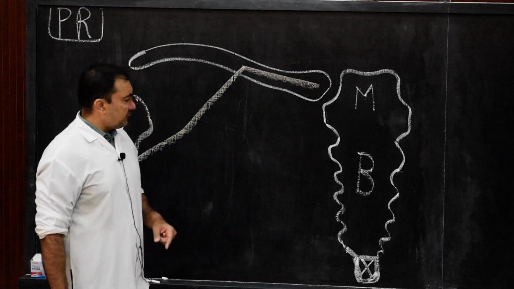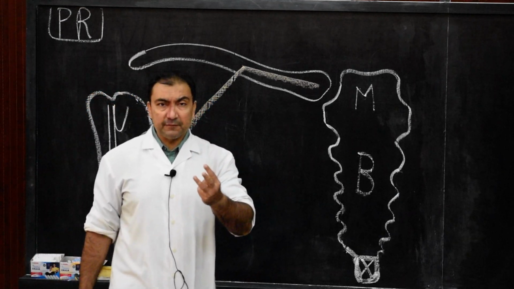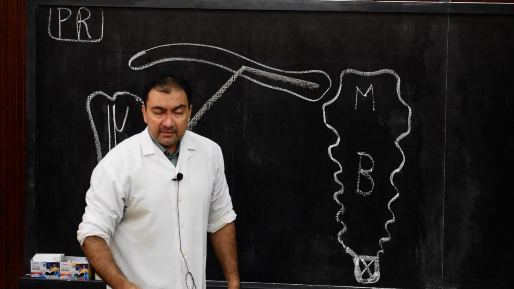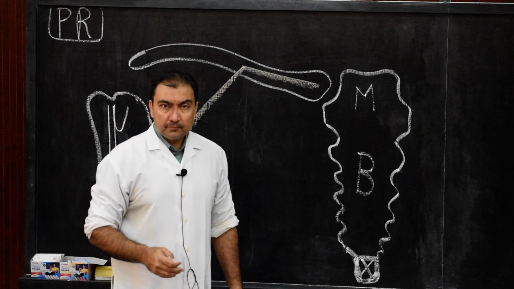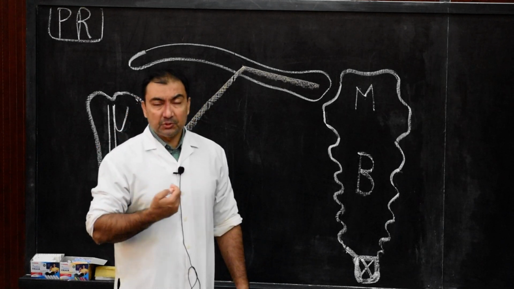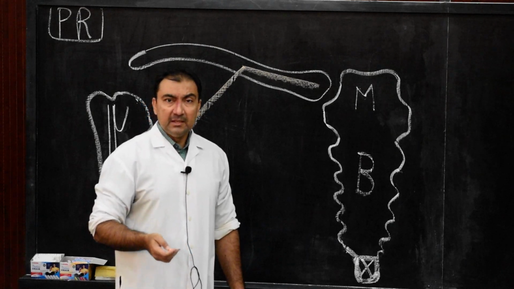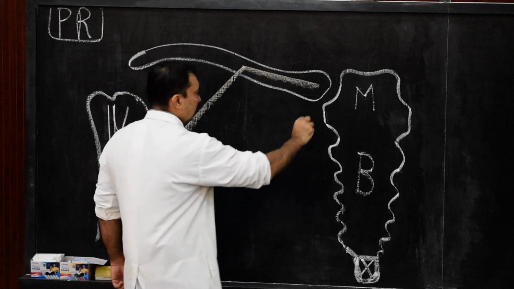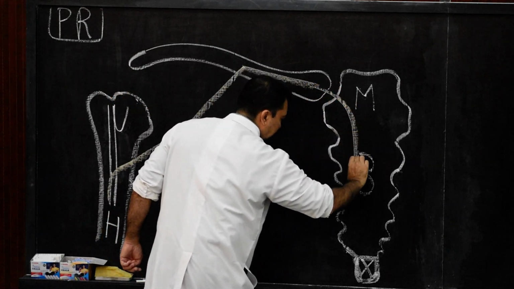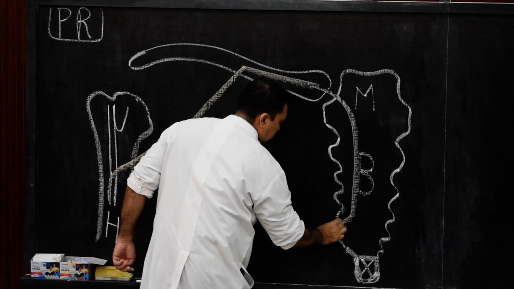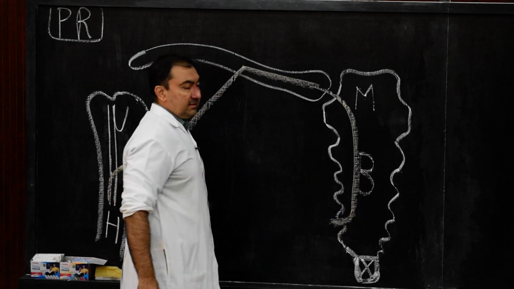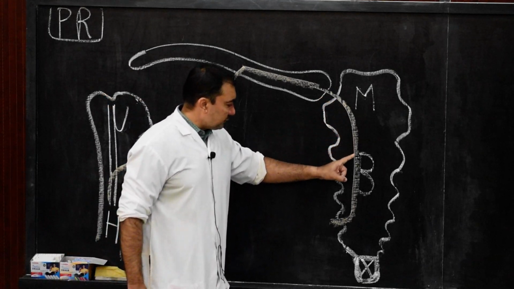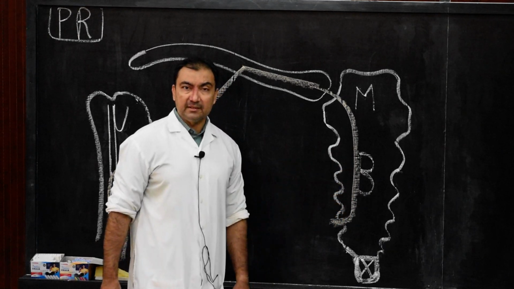Sternocostal fibers. The sternocostal fibers, remember three important points. The sternocostal fibers will take origin from number 1, the entire anterior surface of the sternum laterally. So lateral part of anterior surface of sternum up till the level of sixth costal cartilage. So this will go like this. In this way it will pass. This is the origin, the first point of origin of sternocostal fibers from lateral part of anterior surface of sternum up till sixth costal cartilage.